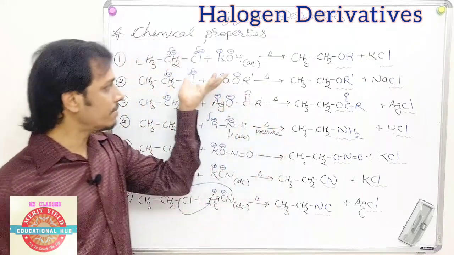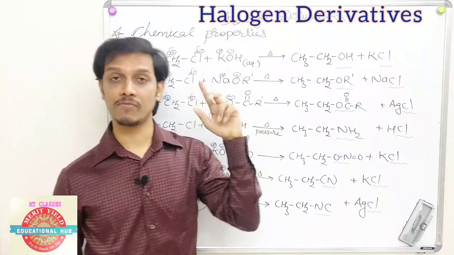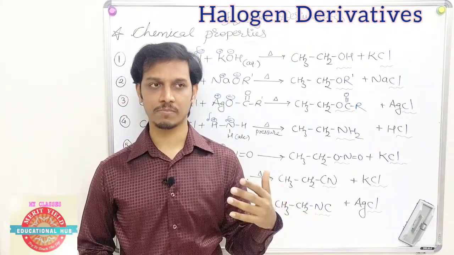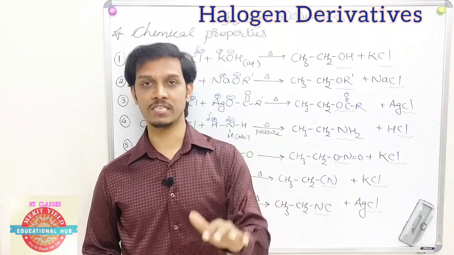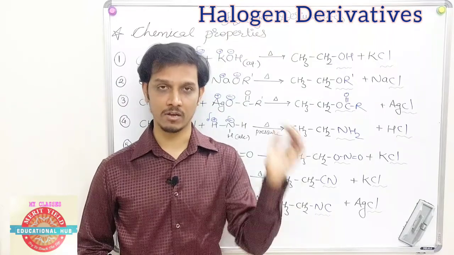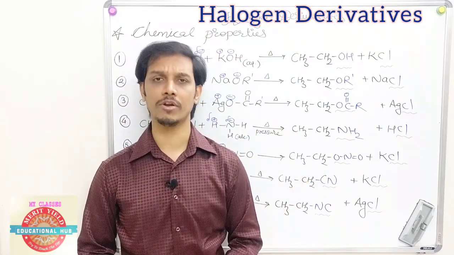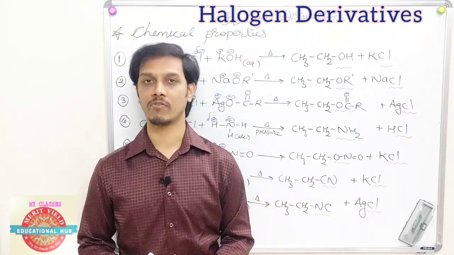Why? Because it is a very simple part. We have to just replace. OH is a good nucleophile. In the previous example for methods of preparation, we had to do a lot of effort. PCl3, PCl5, SOCl2 were used. If you are using HCl, then we have to add ZnCl2. We have to tremendously heat it depending on whether you are using a primary, secondary or tertiary alcohol. So that complication was there, but here we do not have any kind of complication.